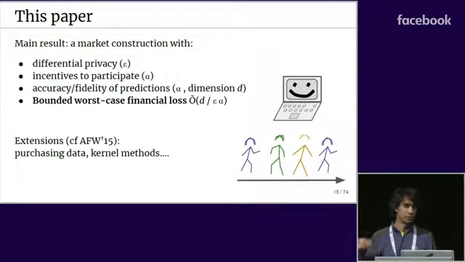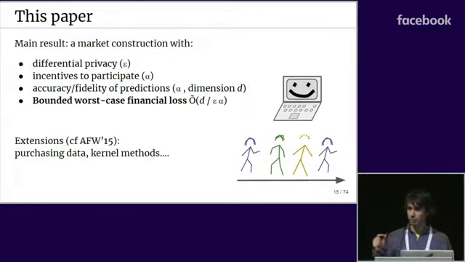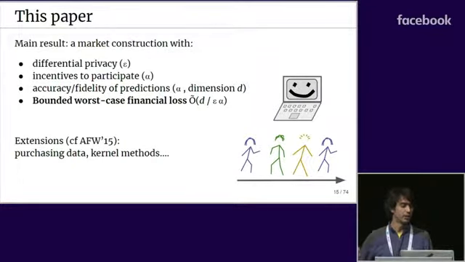Let me briefly mention some extensions that were in this prior paper that worked really nicely with this result as well. If you think about that future event that we're trying to predict, imagine that instead of it being some actual event in the world, it's a test data set that's hidden, maybe held by a third party. The algorithm is maintaining a model at each time step, and then at the end, the model is going to make predictions on this test data set, and it'll be revealed how well it does.